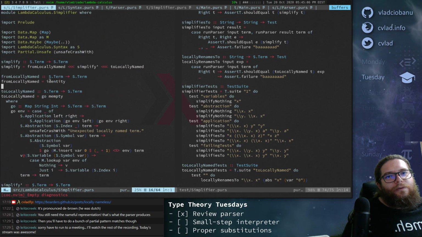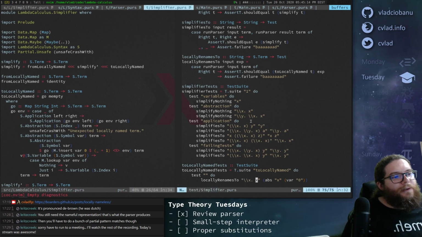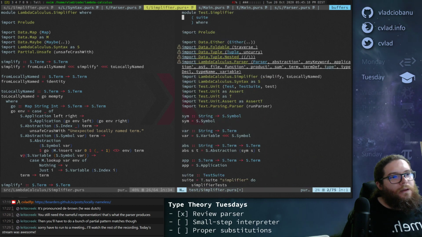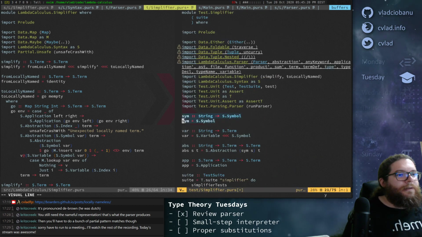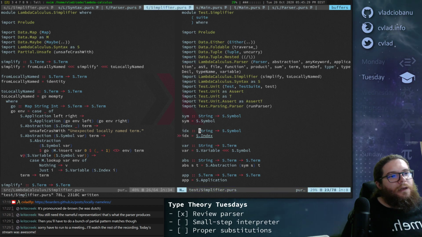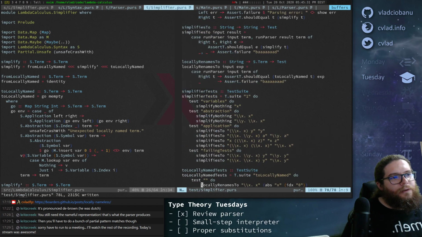So I want to do from locally named now, in order to fix things. And also this fails because this needs to be index. So next to symbol, let's have I index, where this is s.index. And actually it should take a number instead.